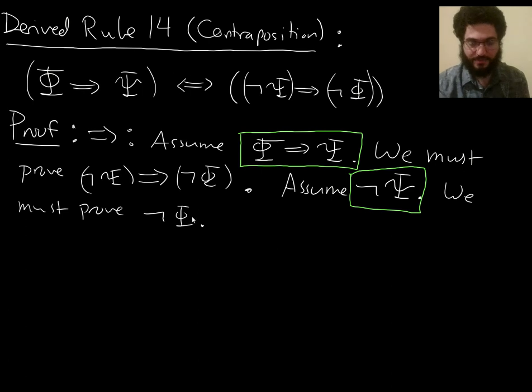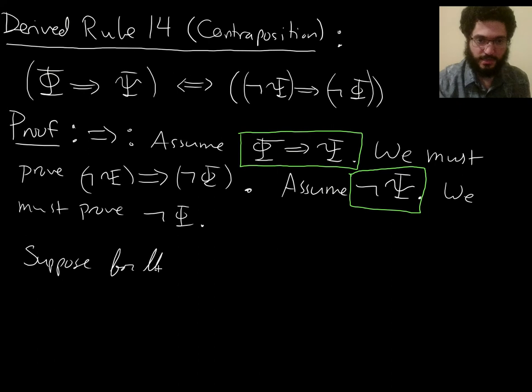So I have not phi. How in the world can I make use of any of this? We can do a proof by contradiction. So let's assume that phi is true and see if we can prove not phi. So let me start a new paragraph for the proof by contradiction. Suppose, for the sake of contradiction,